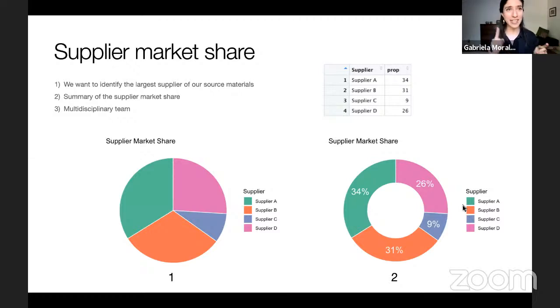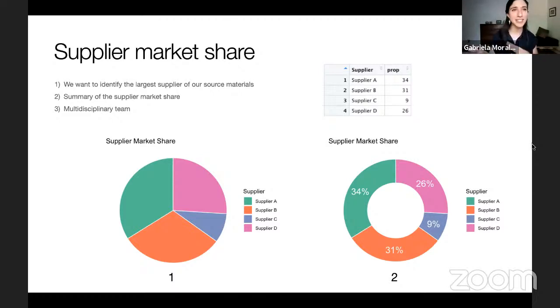Now, another thing that's really ugly about pie charts is that in many cases, the legends are to the right, I mean, they're separate from the pie itself. So for each one of the slices, you have to go back to the legend and read, okay, supplier A is the green. And now the green one is a little bigger than the orange one. What's the orange one? Supplier B. Wait, what was the green one? Supplier A. So you have to go back and forth between the legend and the pie. Like, why would you make someone go through this? Please don't. This is really to be avoided.